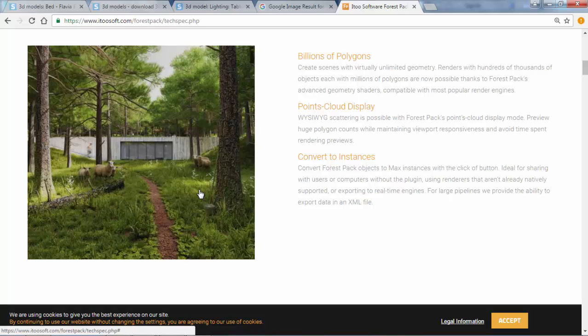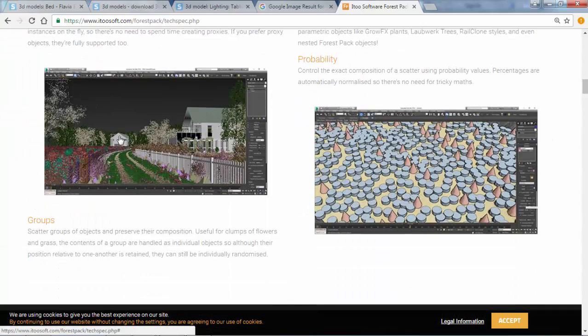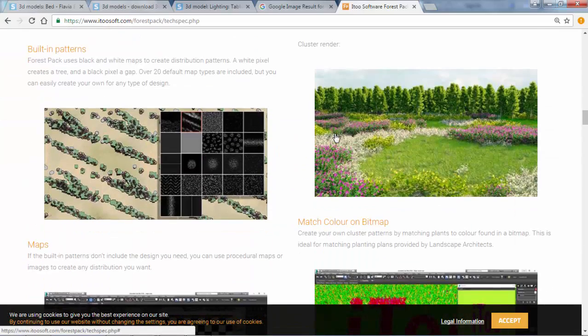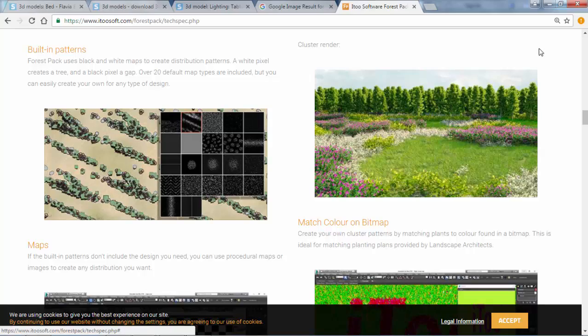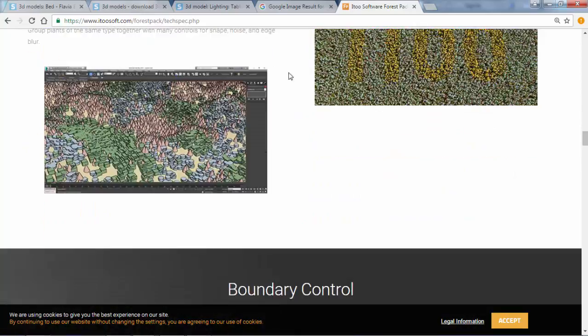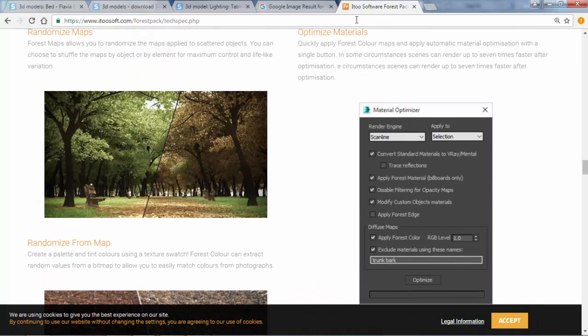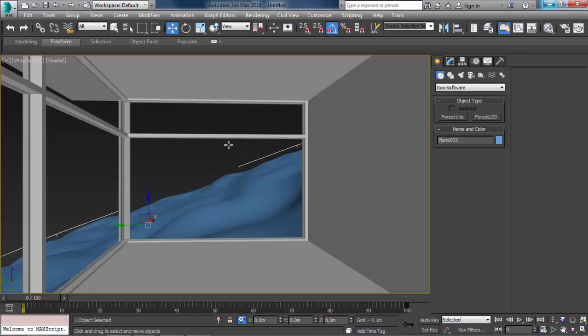As you will see, you don't need a supercomputer to render something like this. While, for example, if you wanted to add trees on your own and scatter them, it would cripple your computer. So this tool is very amazing. I think I will make a video on i2 software Forest Pack, but for now let's just